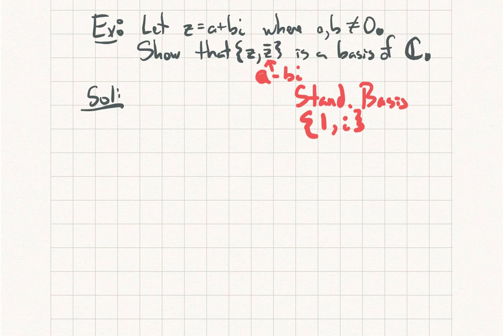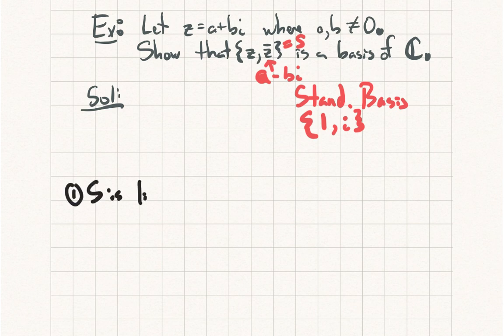Remember, for something to be a basis, it needs to be a linearly independent spanning set. We could use some theorems to do this a little more easily, but let's do this from first principles. So let's show that this is both linearly independent and a spanning set. I'm going to call this set S, just to make a name for it. Okay, so let's show, first of all, that S